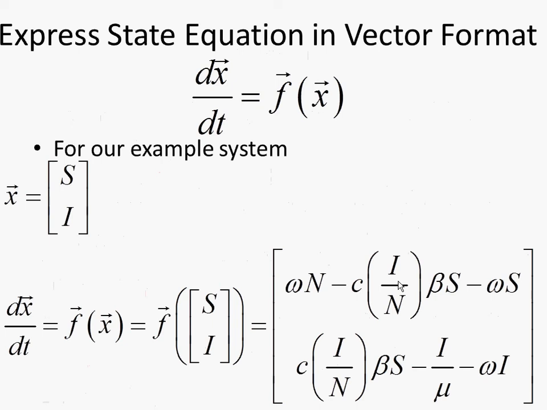Here's f sub 2. This is the function of this vector, your current point in state space, just like we had f of x when x was a scalar. Here we have f of the current values of the state, the current point in state space, f of s, i, and f sub 1 will be this first formula along the top here. f sub 2 will be the second formula. Okay,